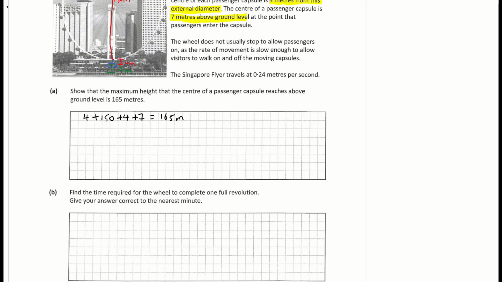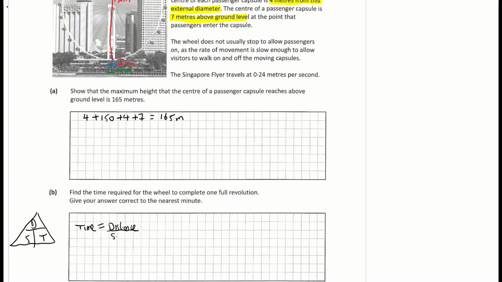Part B, find the time required for the wheel to complete one full revolution. Give your answer correct to the nearest minute. So a revolution is one complete circle, and it's talking about time. So I'm going to draw out my time, distance and speed triangle. So I have distance, speed and time. The question here is asking us to find time, and the time is found by dividing the distance